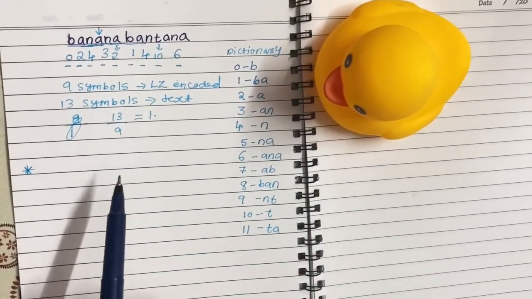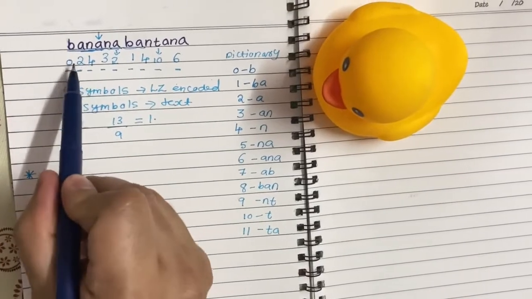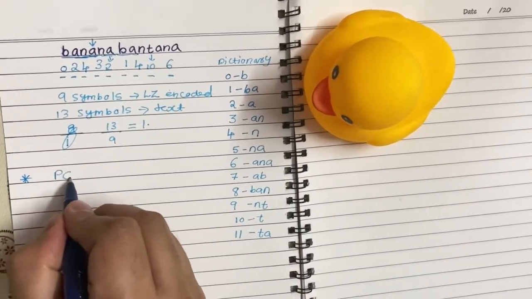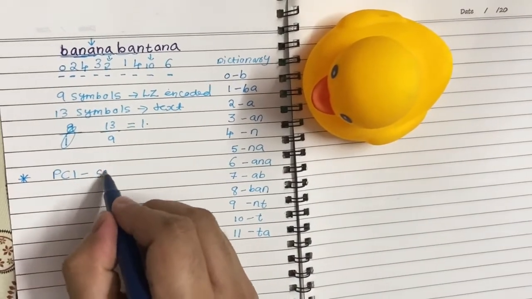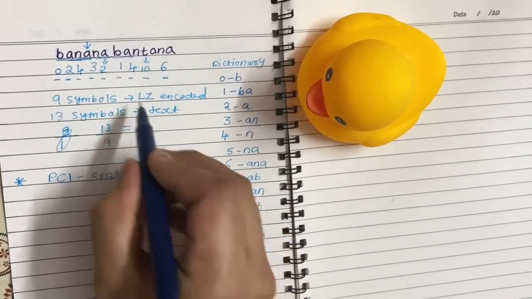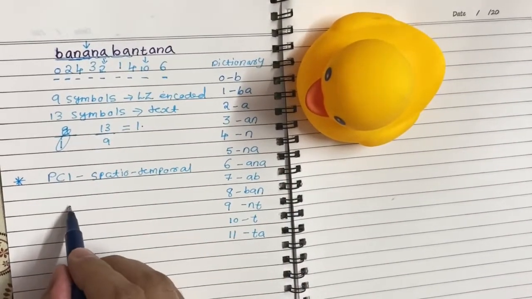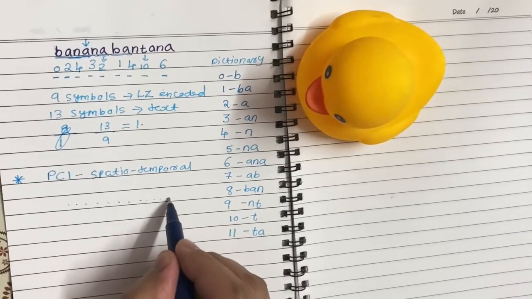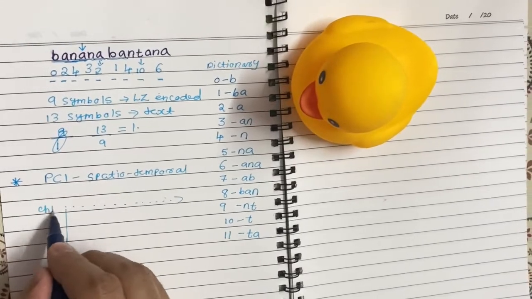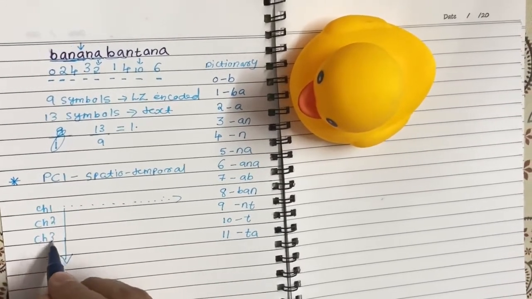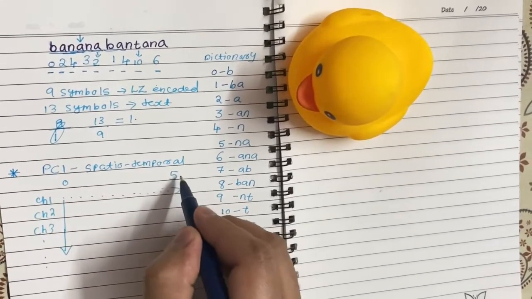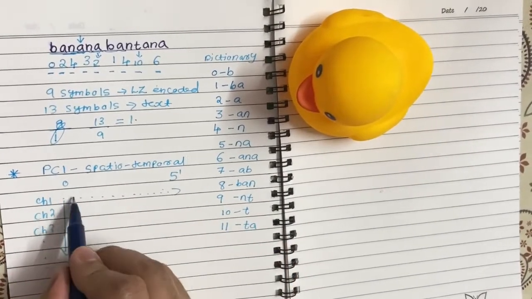In the example we saw, the learning is happening only in one direction across time. In the case of PCI, we already discussed that it is a spatiotemporal measure. So the Lempel-Ziv algorithm will do learning across time as we move in time, and it will learn across spatial channels also. So this will be channel 1, channel 2, channel 3 and so on. This is our time, say 0 to 5 seconds or whatever. These are the sample points.